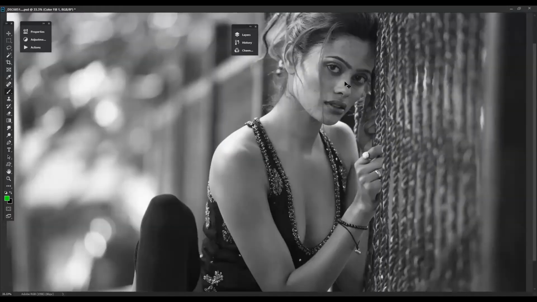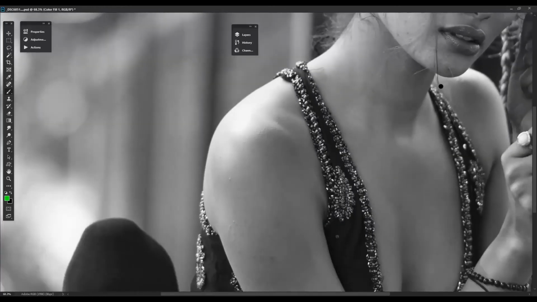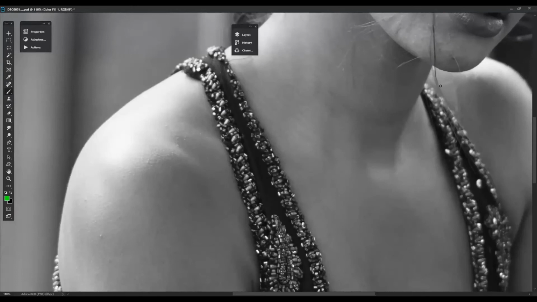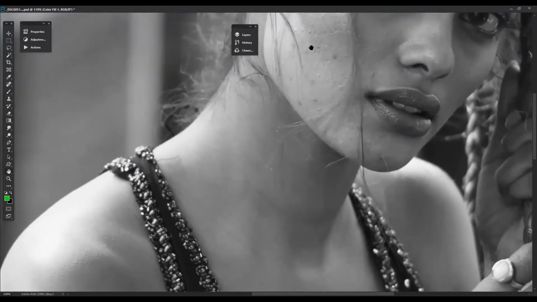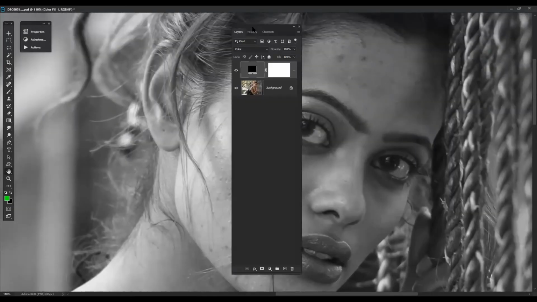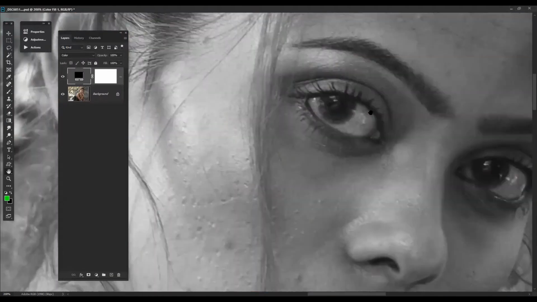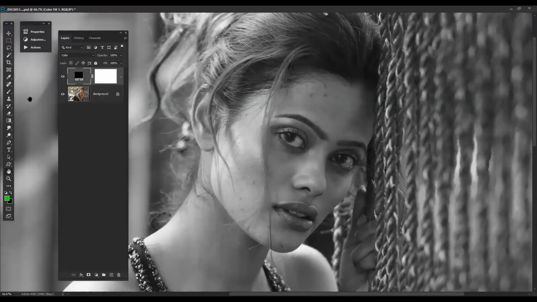Now what does this do? We have only three colors, gray, black and white, so we can more prominently see the blemishes that we have to work on. The blemishes are much more prominent to see as compared to your regular colored portions.